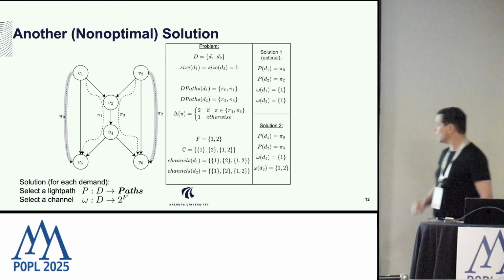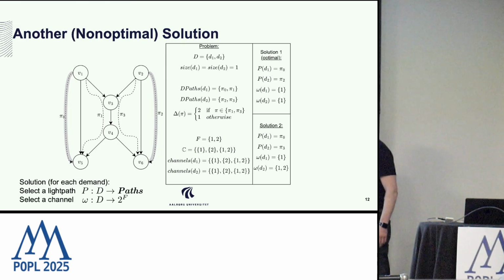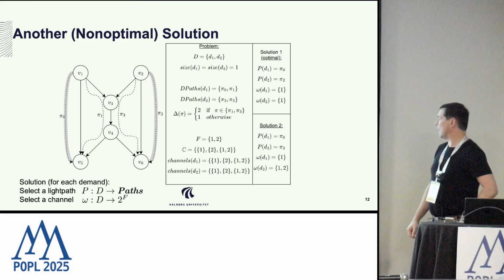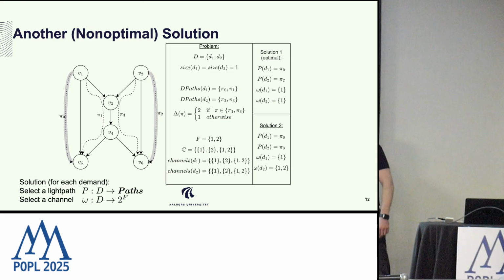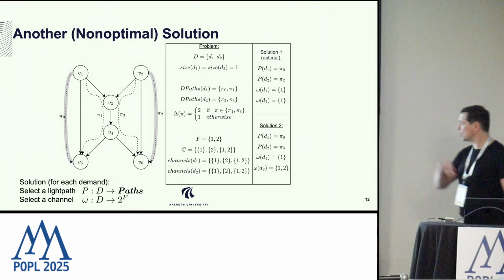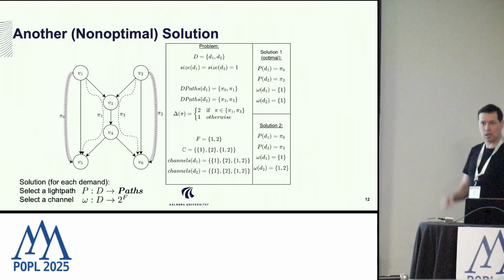so we are ready for the demands that come in the future. Here is another solution. I can keep the path pi0, but the second demand will take the path, the 3-hop path. In this case, I have to use a different channel. Because it's a longer path, I will use 2 slots, 1 and 2. And that's again a correct solution, however, not optimal anymore because the highest frequency slot is now 2.